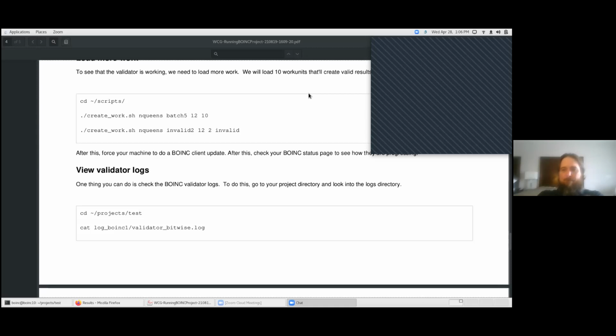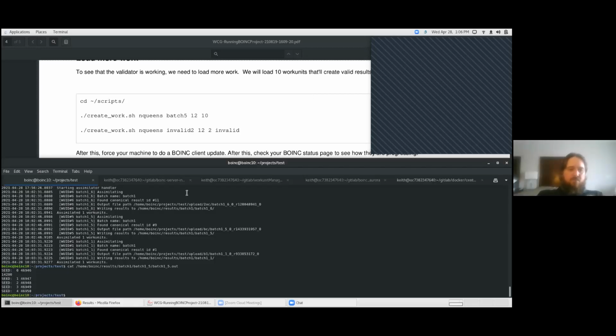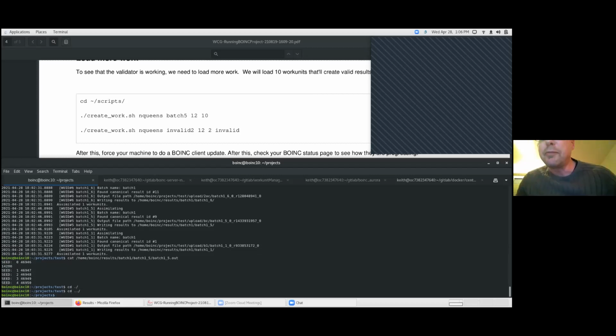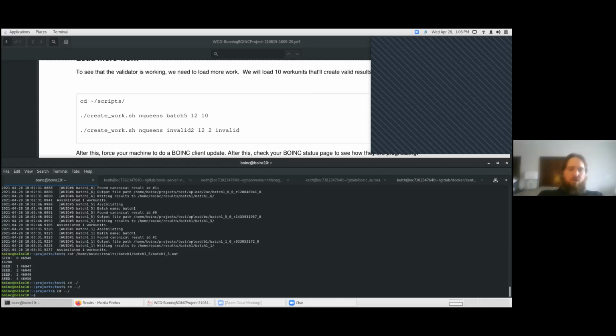How is the way to give some input files to the worker? Oh, to add input files. More complex data than just the 12 by 12 board or something like this. Yeah. Okay. So in this